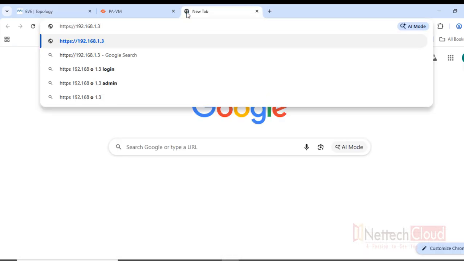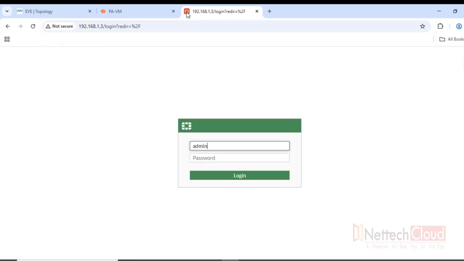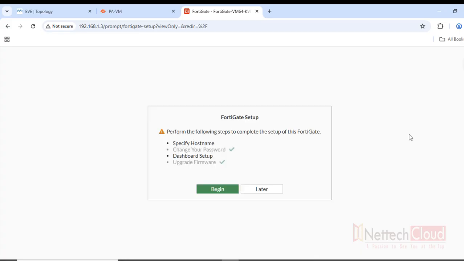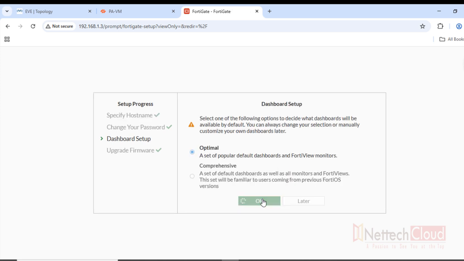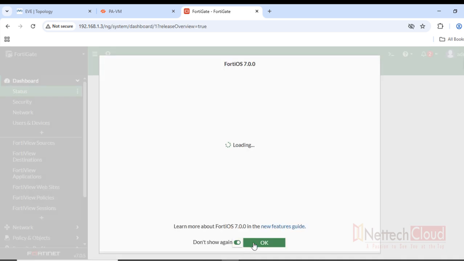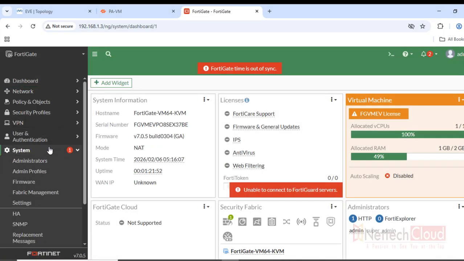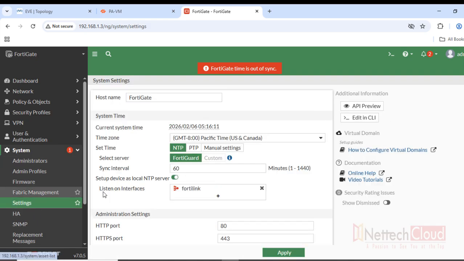And why I'm using HTTP, not HTTPS, because if FortiGate Firewall has a demo or trial license, then HTTPS or strong encryption is not allowed, in fact. That is why. So hit OK, OK, not interested. And if you want to change the system time or idle timeout, then just go to system settings,